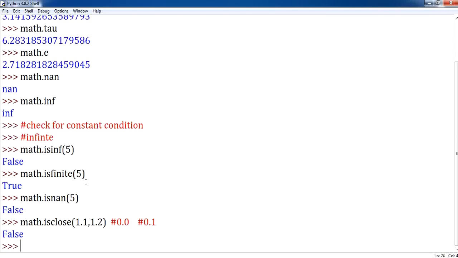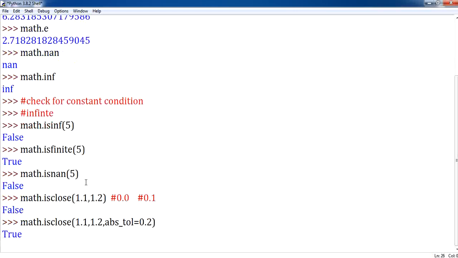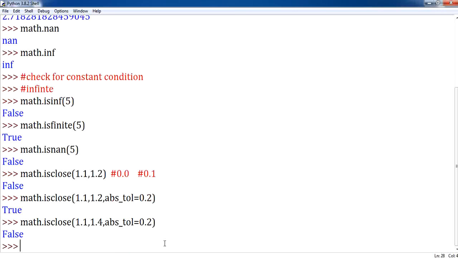I can set the tolerance level in such a way: math.isclose. And here let me pass the same values 1.1 and 1.2. And here let me set the tolerance level as abs_tol, tolerance level assigned 0.2. So up to 0.2 of tolerance level it is going to give you True as your output. If it is going beyond 0.2, for example, let me give 1.4 here, it will display False. Clear? I hope you are clear with this